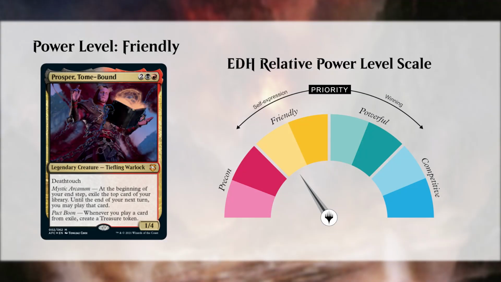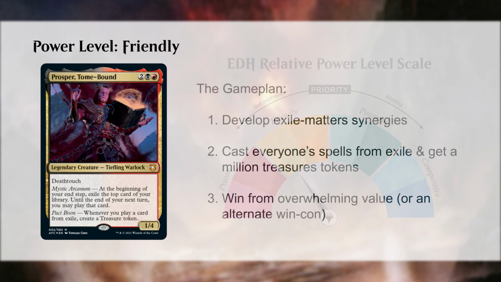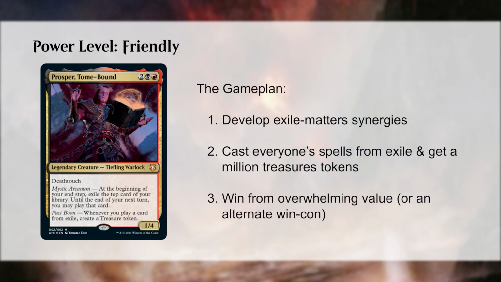So let's start with the friendly build. This is how I like to visualize the power level and objective of a deck. So using a relative scale from Precon to cEDH, this build is definitely closer in terms of power level to a Precon. So the aim or the game plan of this deck is to develop Exile Matters synergies, so build